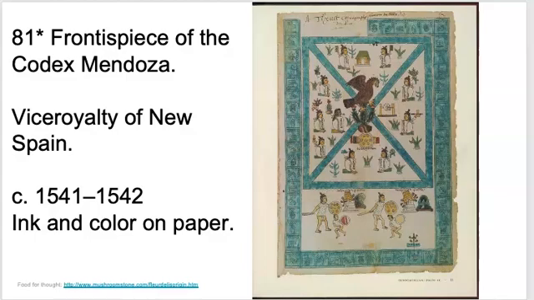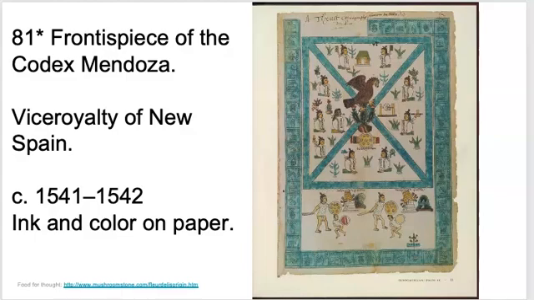So remember that the original city, Tenochtitlan, I'm sorry, I can never pronounce that correctly. It was established in the middle of Lake Texcoco in the Valley of Mexico in 1325. And most of that former Aztec capital is below modern day Mexico City. This Codex Mendoza frontispiece